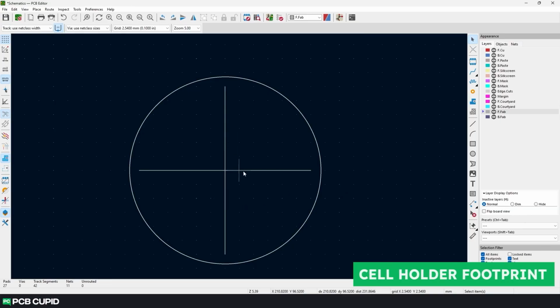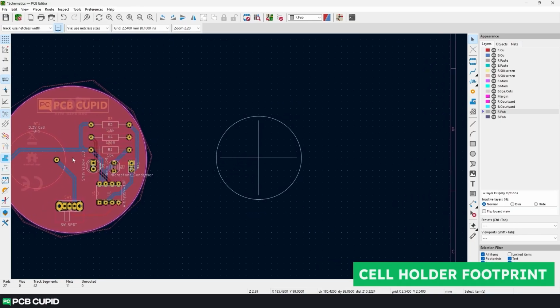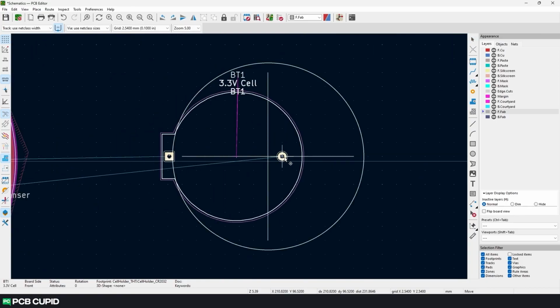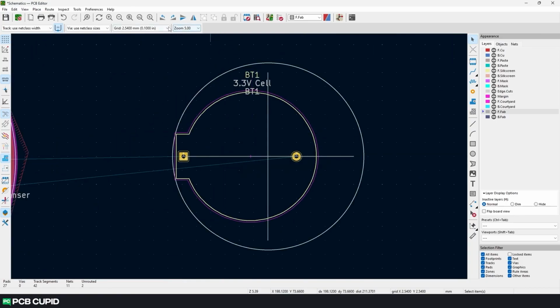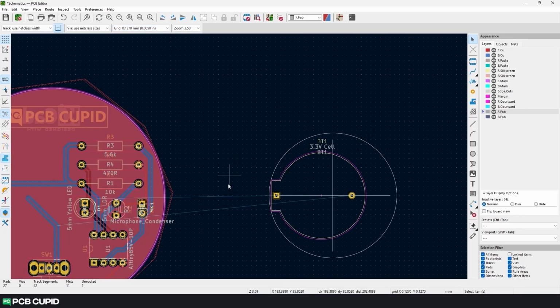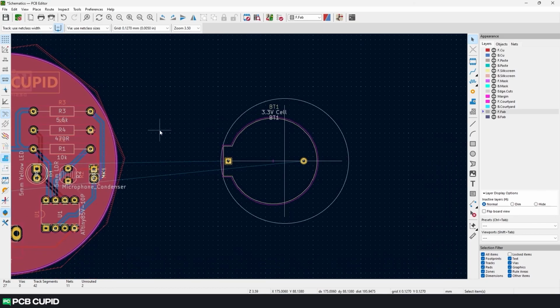Now let's start with the largest footprint that we have on the circuit. So that will be the cell holder footprint. To place it very accurately within the PCB, you can just play around with the grid settings to make sure that you efficiently use the spacing around the PCB. Once we have aligned the cell holder to the lines, you would have realized this footprint alone consumes 70% of